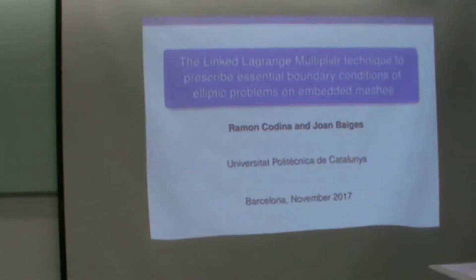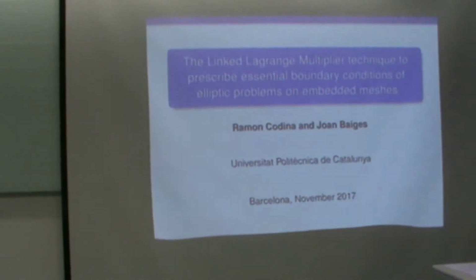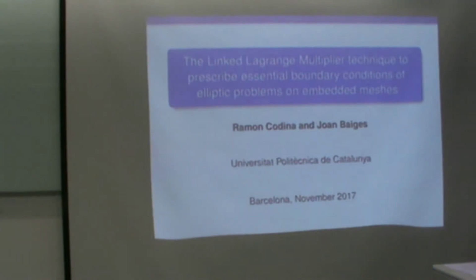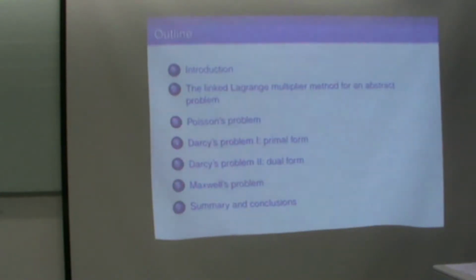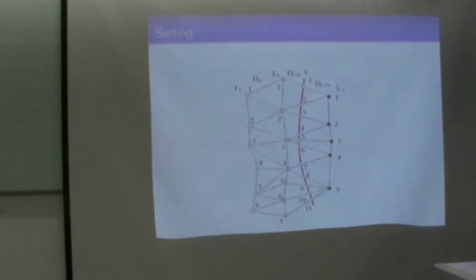Drawn by Jess. So I will, let's say, go to the numerical formulation, and I will present a method that we call the linked Lagrange multiplier technique to prescribe essential boundary conditions, in that case only for elliptic problems on embedded meshes. So that's the outline of the talk, and going to the introduction, the setting of the problem is,